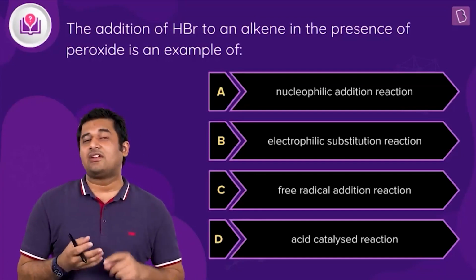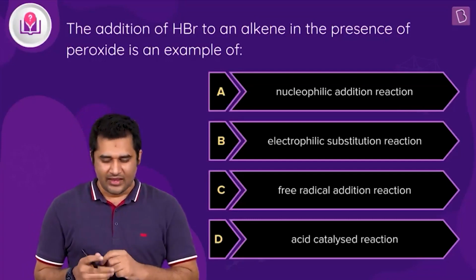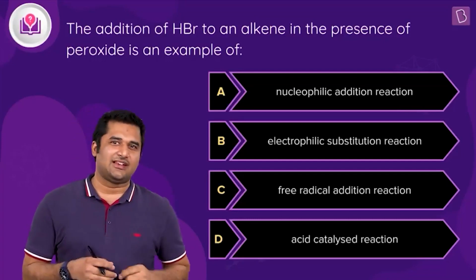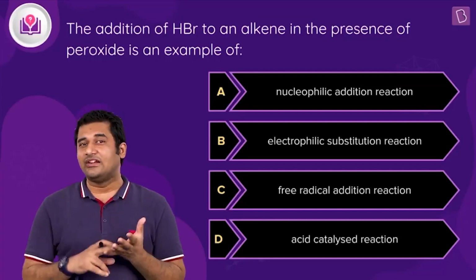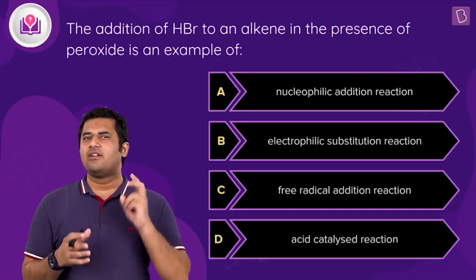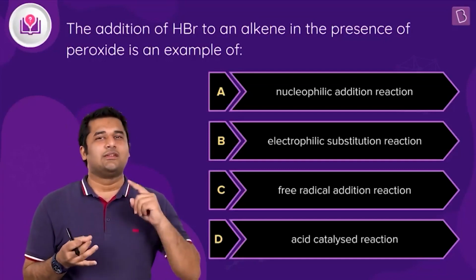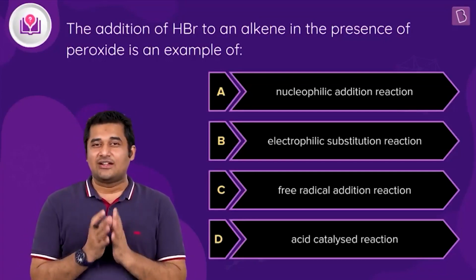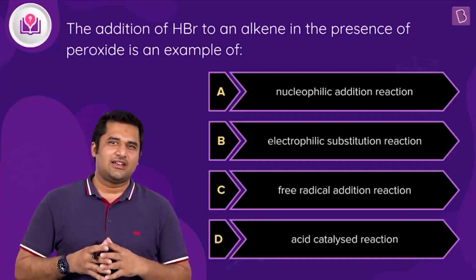We know that whenever HBr is added to an alkene in the presence of peroxide, then first of all the free radical mechanism takes place, isn't it? That means such kind of reaction proceeds through a free radical mechanism wherein there are 3 stages. The first one is initiation, then the propagation, and then the termination, isn't it? And obviously we know that to initiate such reactions we will require sunlight or any other energy source.